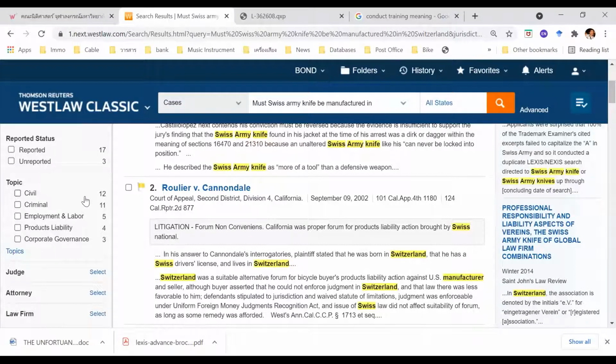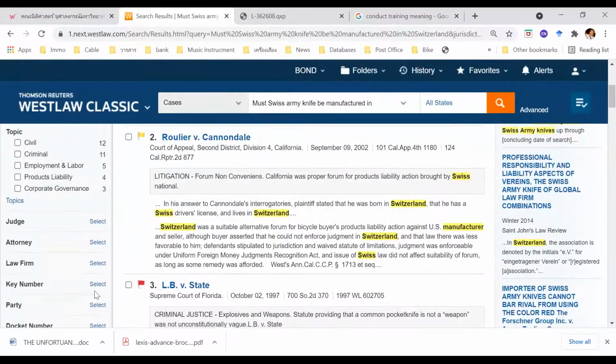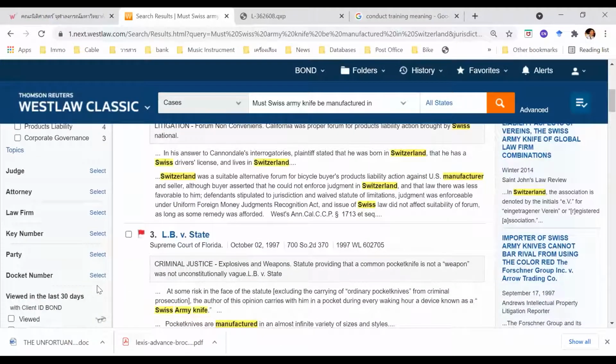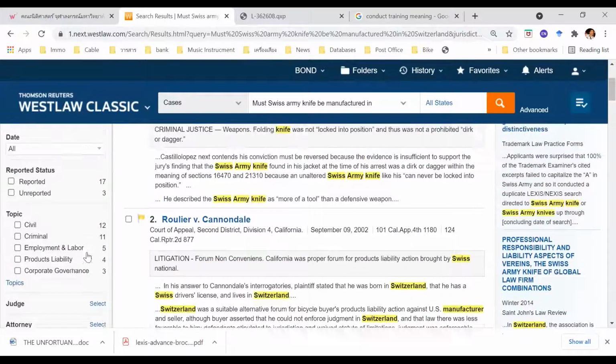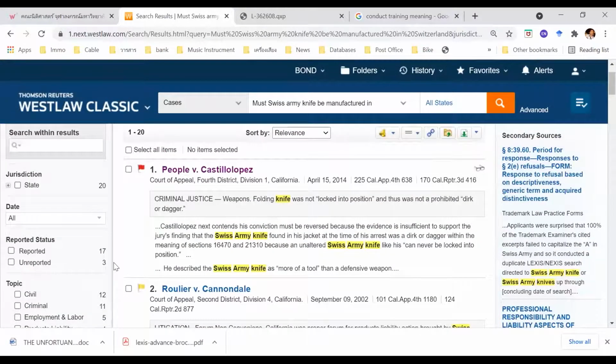What case belongs to civil, what belongs to criminal law, what belongs to employment and labor, or what belongs to product liability. So you can look at that. And you can specify the judge, law firm, or parties, where parties means starting off with another party. So this is how you can narrow it. And you can notice that